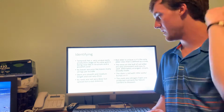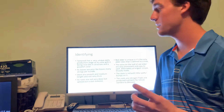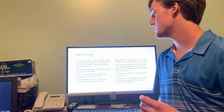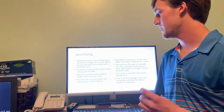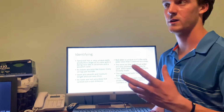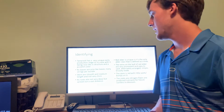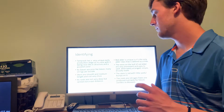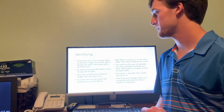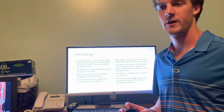The tamarack has a very unique early production stage of its cone, being a rose color, and the structure of a rose as well. Its leaves are piney. They have a lot of bundles on one bud, and the stems are smooth, medium length and not very thick. Its roots are not very deep, but they spread out very